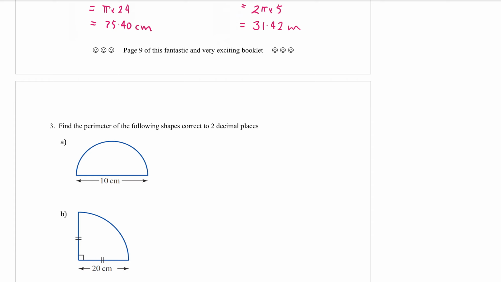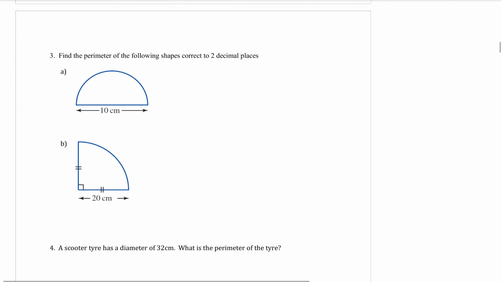Most of your questions will be whole circles. But if we have part of a circle, all we do is put what fraction of the circle we have at the front of our formula. So this circle here, this is a semicircle, which is half of a circle. So we're going to C for circumference, half, because it's half of a circle. And this 10 is a diameter. So I want to use the pi d formula. So second step, sub in the d, half times pi times the diameter, which is 10,